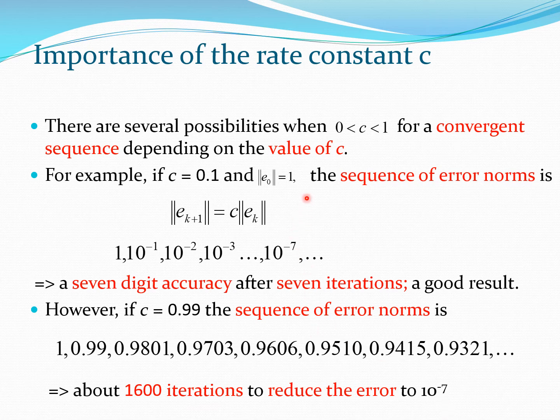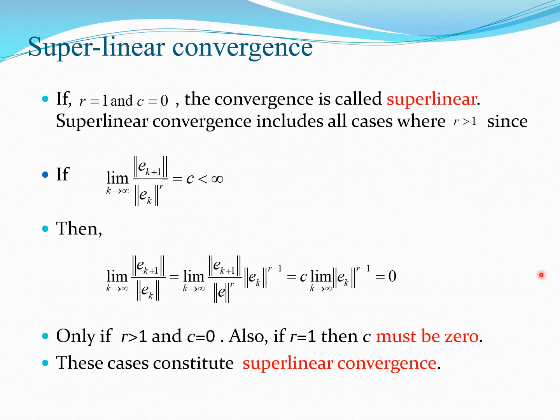So in both these cases, you have linear convergence, but you can see that the method where c, the rate constant, is a smaller value converges with much greater rapidity, and so is a much more desirable method, whereas the high value of c is a much less desirable method, and in fact would not be a practical method at all and would probably be discarded if you come up with something like this. So now let us look at one more kind of convergence which is quite desirable, and that is superlinear convergence. Now there are some cases of it and we are going to discuss them.